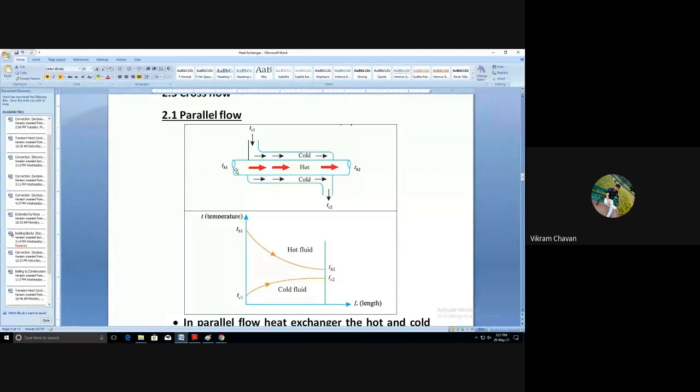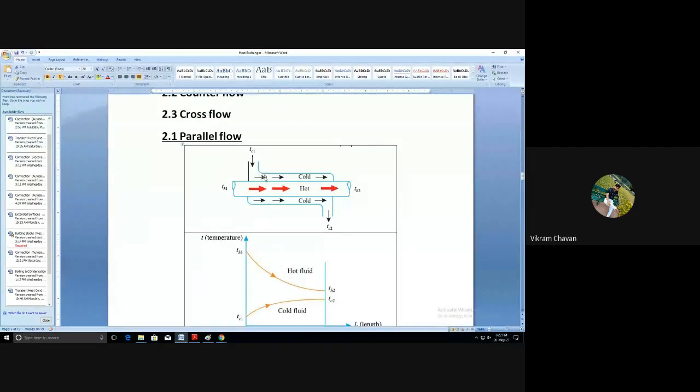Now here you can concentrate that this is the concentric tube heat exchanger, because this is one tube and this is another tube, so one tube is concentric to another tube. Once again, this is a classification according to construction and design. Concentric tube means a tube in tube heat exchanger. One tube is inserted in another tube, and through one tube one fluid is flowing and through the other tube another fluid is flowing. That is nothing but the concentric tube.